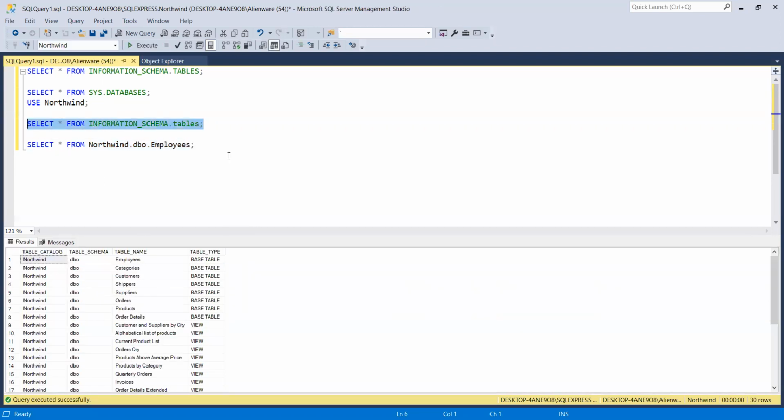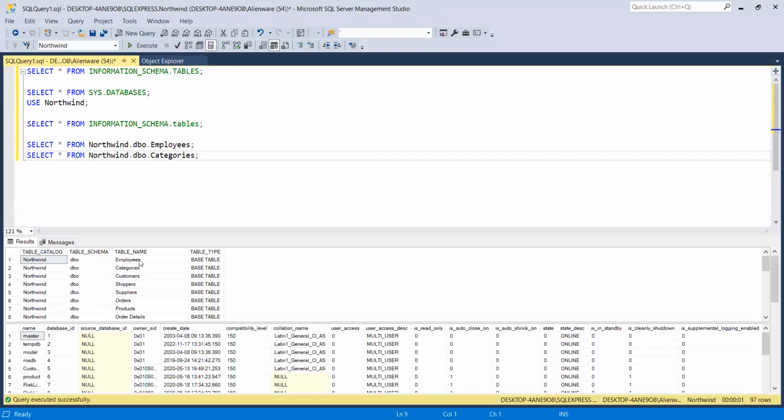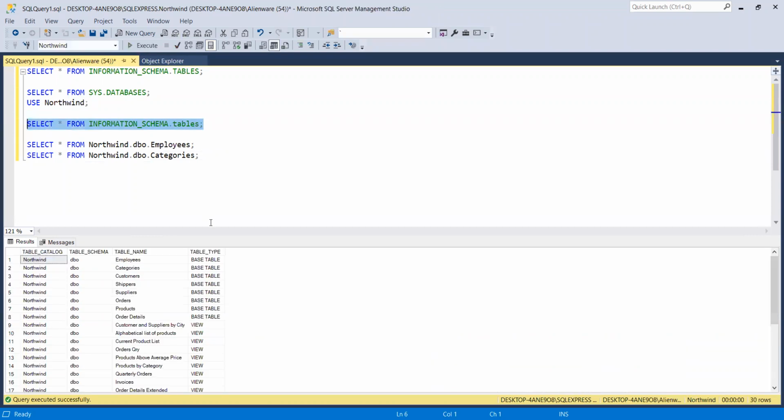If I want to check the next one, we have Categories. So I can just take that, change here to Categories, then run that. So you can see my Categories now, and Employees, just like that, right? Once you are clear on which is which, this is my Order Details. So I can go there again, SELECT * FROM